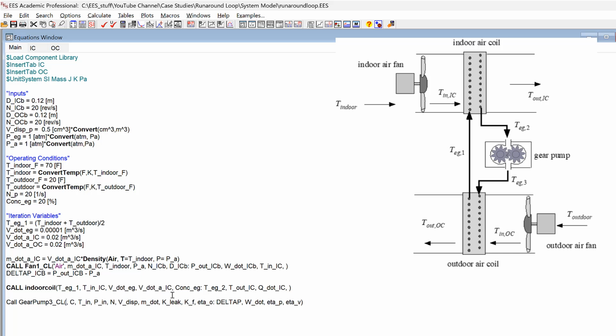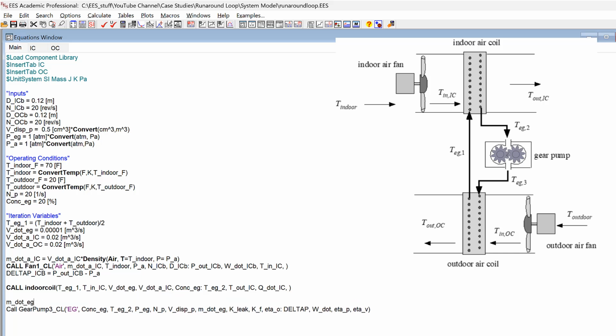This is ethylene glycol. This is the concentration of the ethylene glycol. This inlet temperature is TEG2. This inlet pressure is just my nominal ethylene glycol pressure. This is the speed of that pump, and then this is the displacement of the pump. And the mass flow rate of ethylene glycol I need to calculate. So this is m dot ethylene glycol is v dot ethylene glycol times the density of ethylene glycol